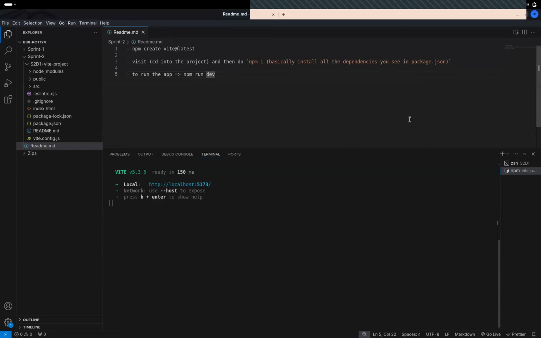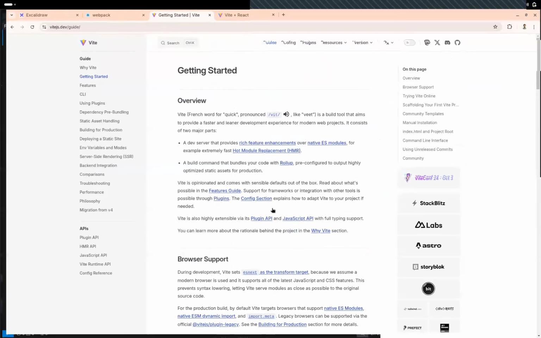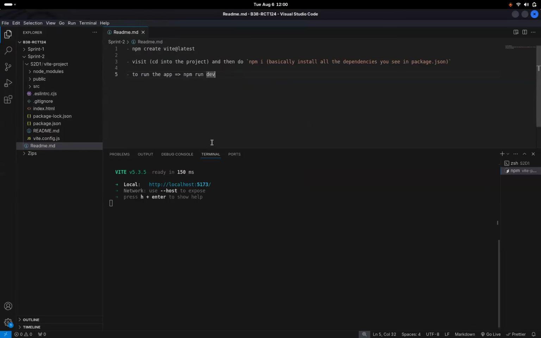So basically, by default, you might be seeing that this application has a kind of counter over here. If I click on this counter, the count increases also. They just create a template for you. This is an application and it's running properly. If I show you where that code is, do you guys remember what the entry point was for any application written with the help of a markup language, that is HTML? The starting point, index.html, correct? So can you see any index.html file in this new folder that the command created?